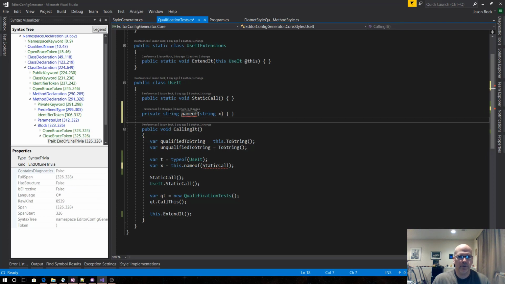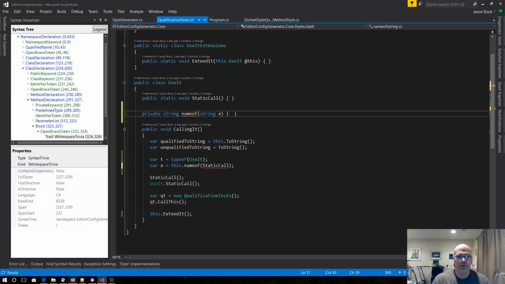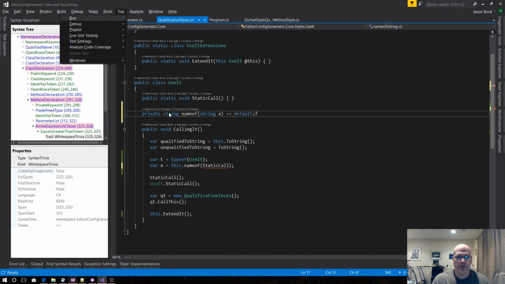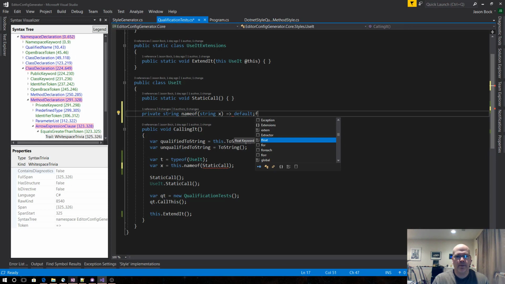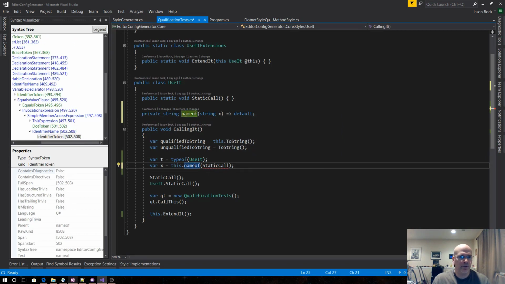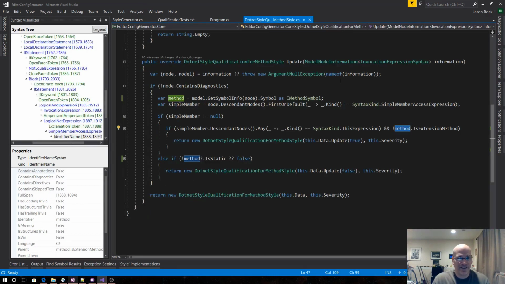Nameof, I'll just tell it to return the, jeez, I can't type, default of the string. Come on, there we go. Now this needs to be a string, but this is good that I did this, because in the case that this would ever happen,